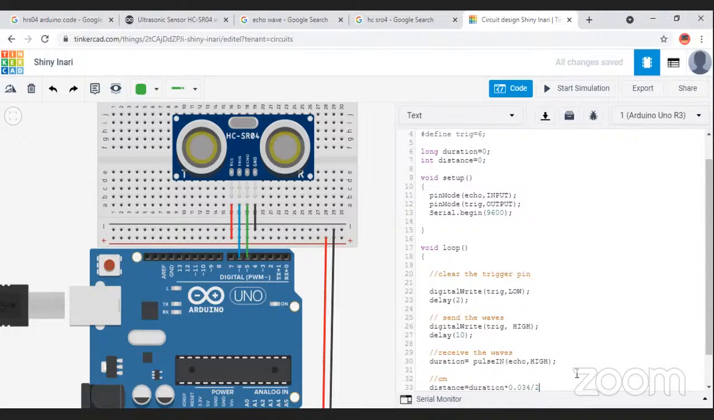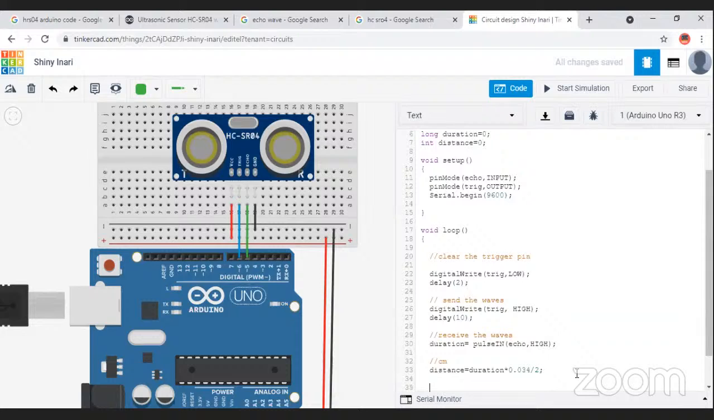Okay, suppose you do it like this, so automatically you will get it. Or else directly you can use 0.017 also, no problem. So you will get this one. But students, is our program completed? No, not yet completed. We want to see what the distance is, how many centimeters it is coming now. So you can write it like this: serial